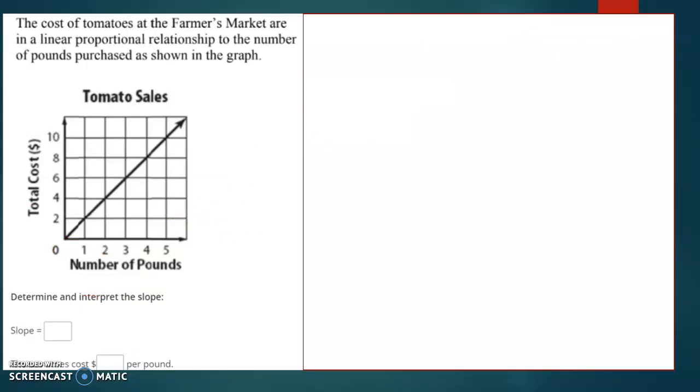Sorry. The cost of the tomatoes at the farmer's market is a linear proportional relationship. Linear proportional just means that it's going to be a line going through 0, 0. The relationship to the number of pounds purchased is shown in the graph. I'm going to use that point and that point. So my rise is 2,